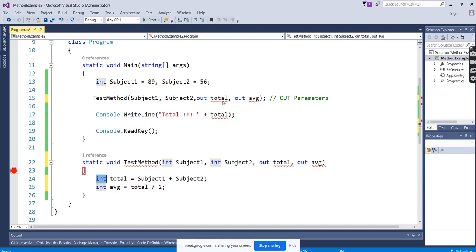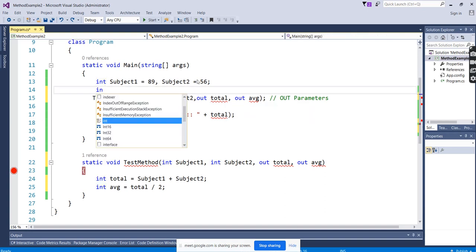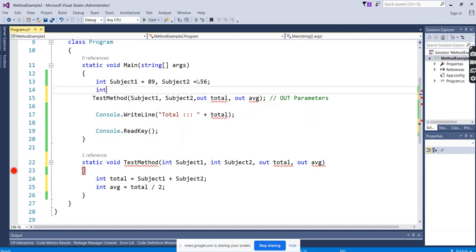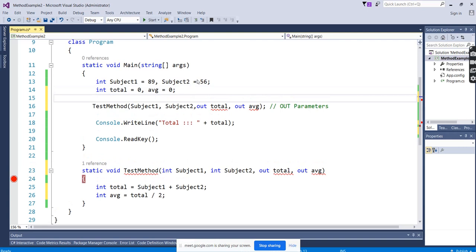Now y is showing an error. Does not exist in the current form. So okay, we have to mention here itself. Integer 0 and average. And then it is saying missing a directive, parameters missing a directive. Wait something.